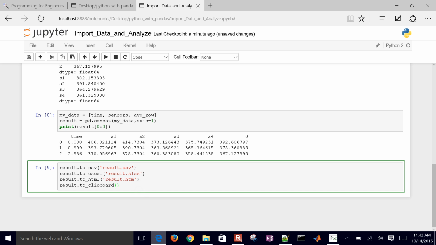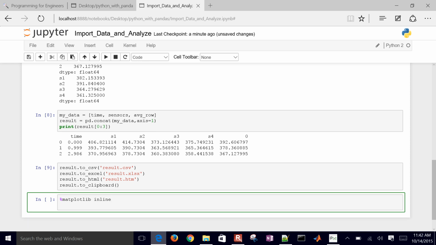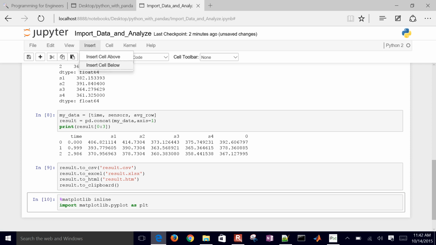But let's say we also want to maybe plot some of these results as well. So in order to use matplotlib and be able to show the values, here I'm going to do the %matplotlib inline first of all before I import, okay, and then I'll do import matplotlib.pyplot as PLT, and then let's go ahead and I'll evaluate that,